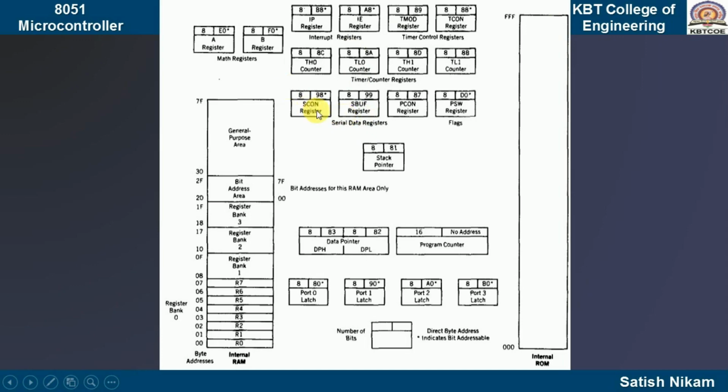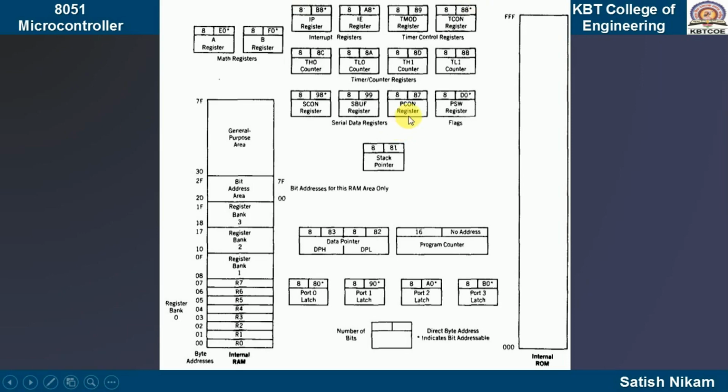So to control that mode again we are having one register, that is SCON register, serial control register. So these 2 registers, SCON and SBUF, along with the MSB bit from the PCON register, are used for serial communication. Again PCON register, as I told you, the MSB bit is used for the serial communication, but the remaining bits are used for the power control register.